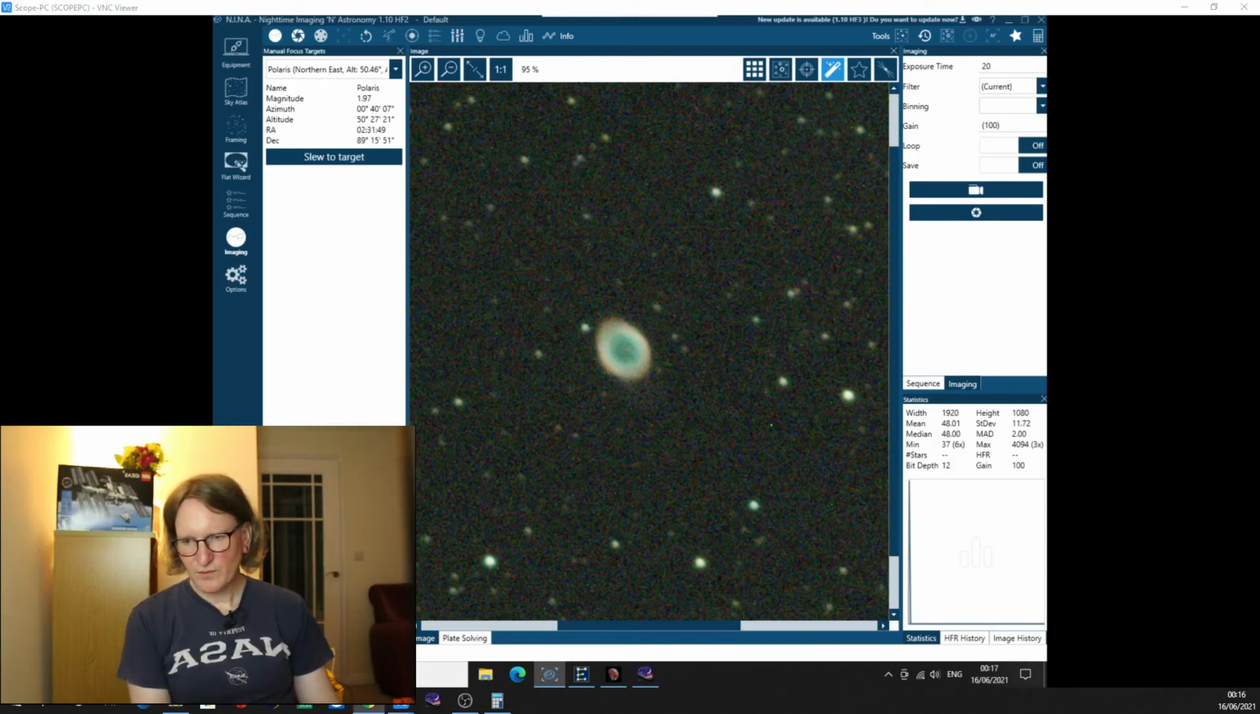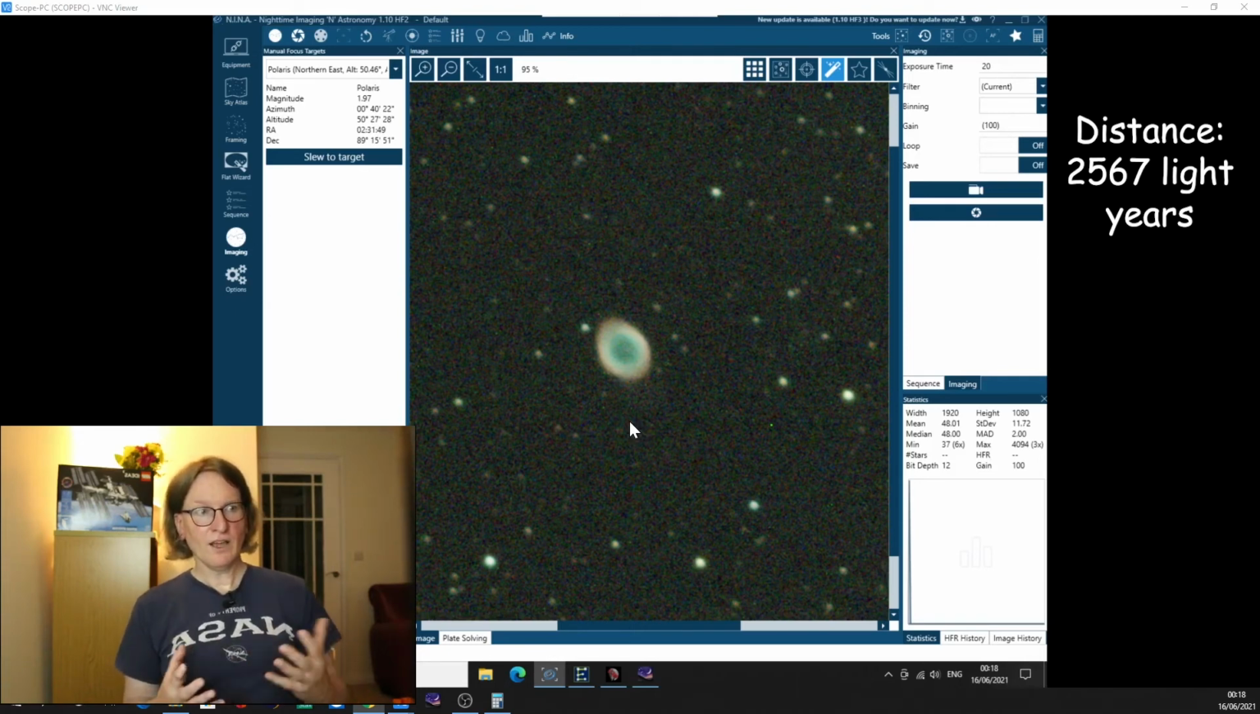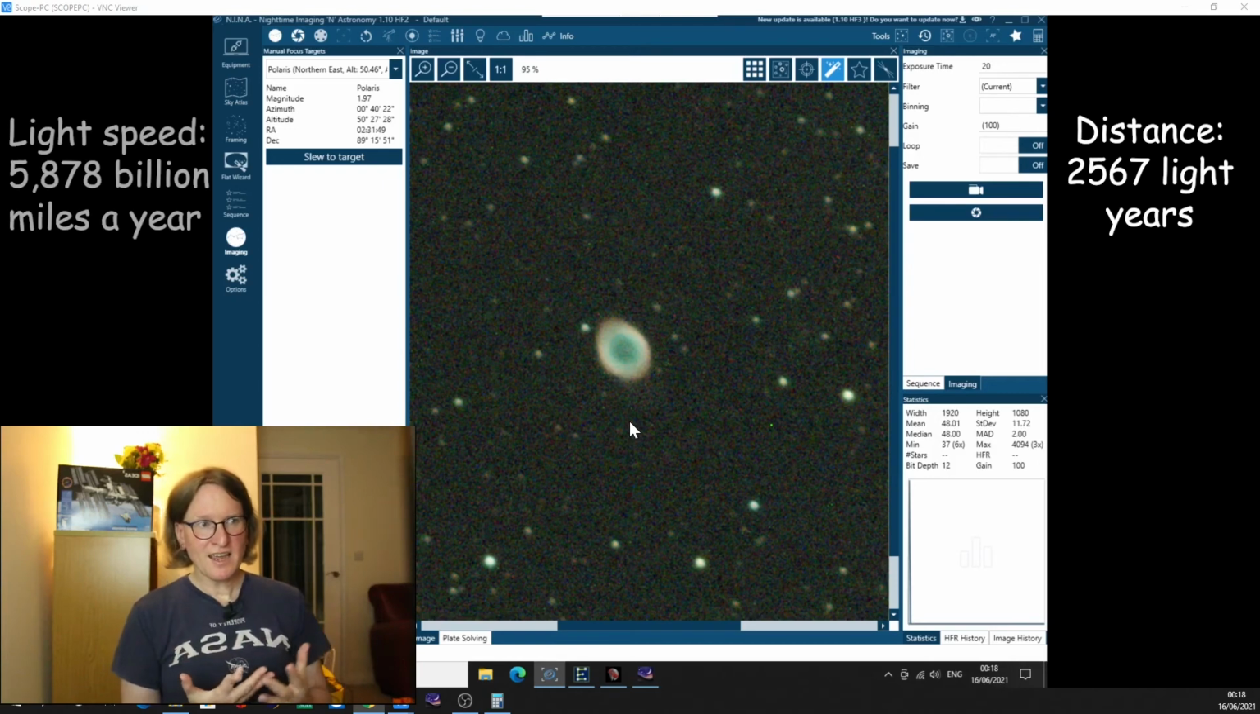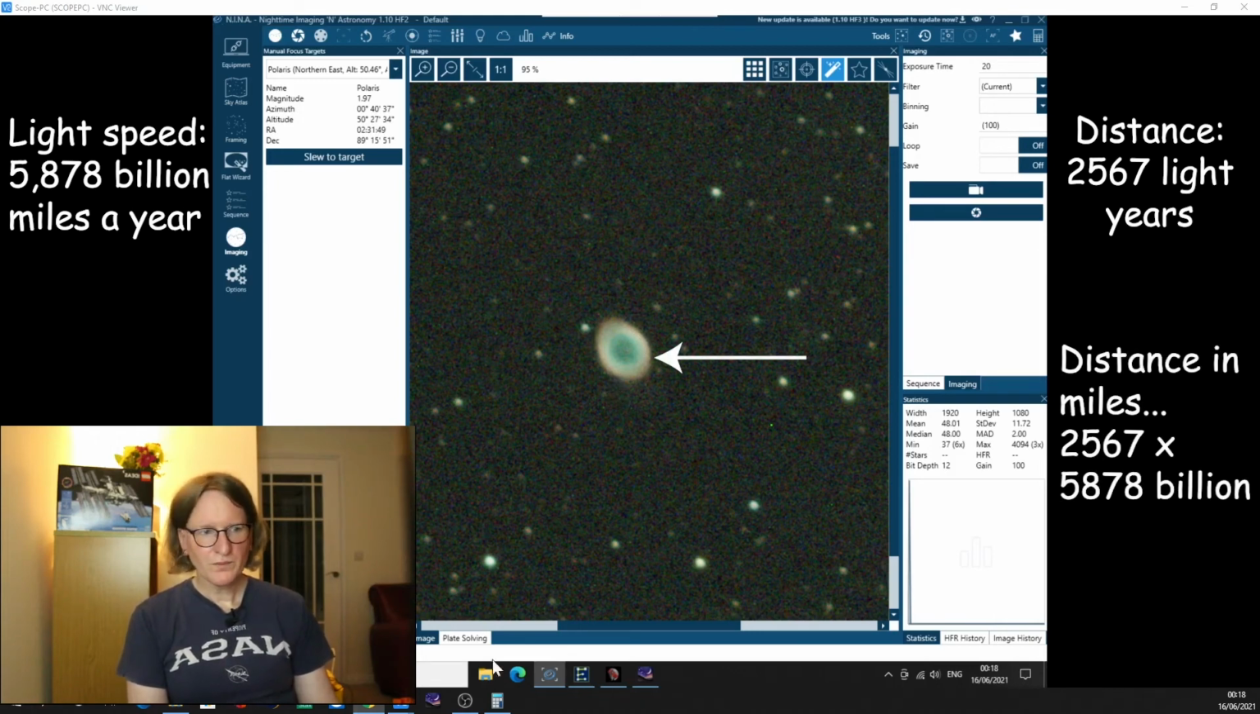Now, the distance to the Ring Nebula is roughly 2,567 light years away. So light is the fastest thing in the universe, and it has been travelling. The light that you're seeing here has been travelling for 2,567 years. So if we open up our calculator and we put